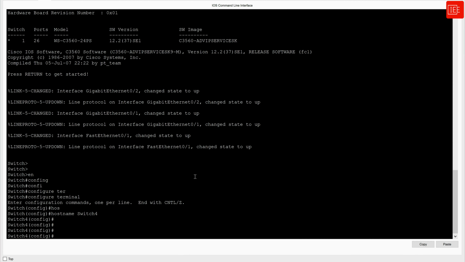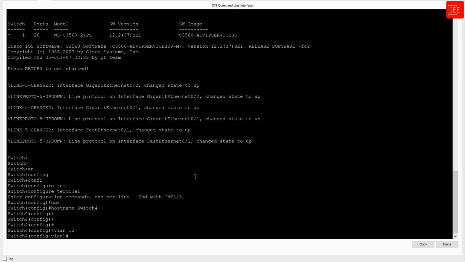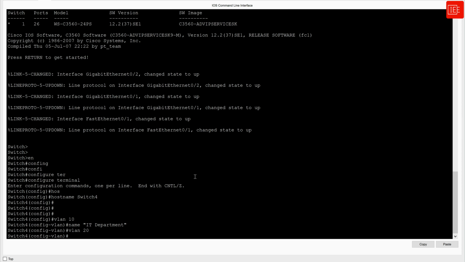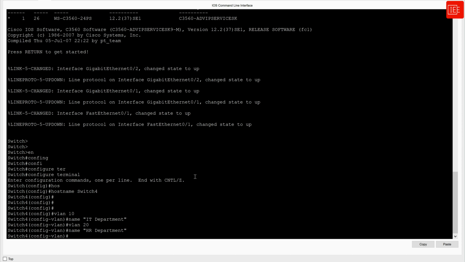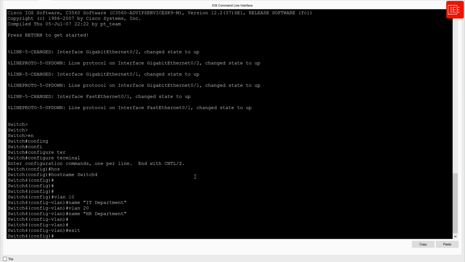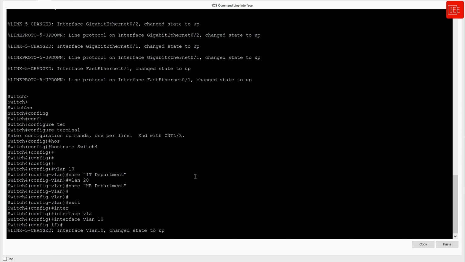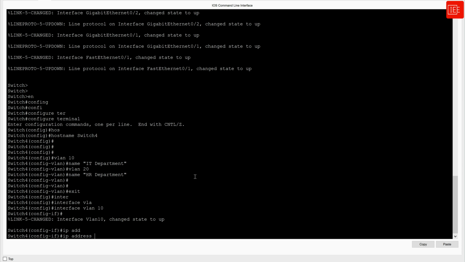So in here, I will create the VLANs first. So VLAN 10, and I'm going to name that IT department. And then do the same thing for VLAN 20, and that is going to be HR department. And then exit one level and go to interface VLAN 10. Set the IP address to